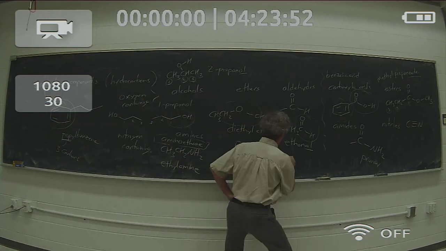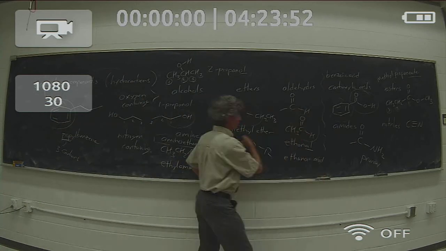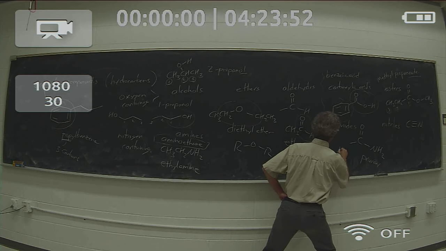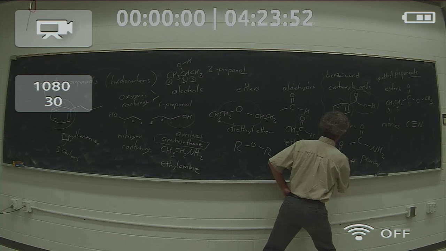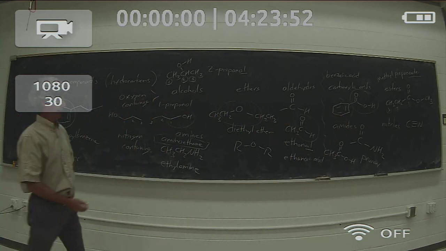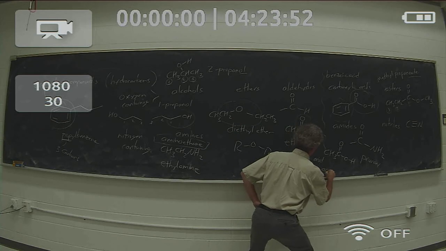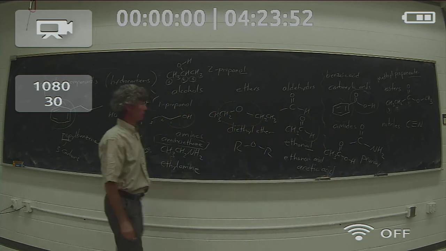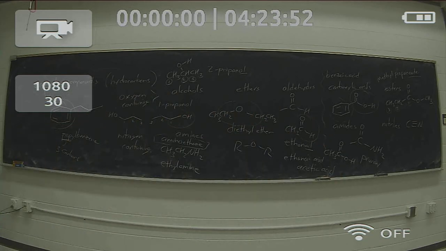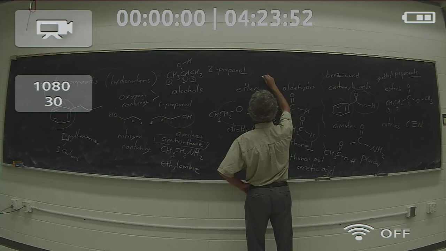Ethanoic acid would look just like ethanol, but with a carbonyl group here instead. CH3COOH, you would know that better as acetic acid, the common name. But ethanoic acid is the official IUPAC name. So alcohols and ethers will be talked about extensively this semester. We'll confront aldehydes and their analog, which is ketones,